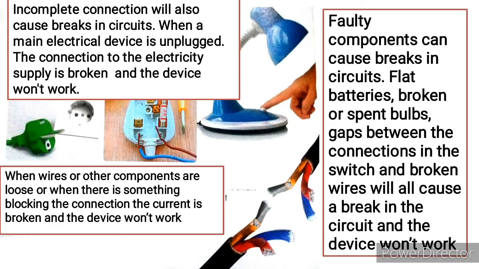Flat batteries, broken or spent bulb, okay, gaps between the connection in the switch, and then broken wires, that is, you did not connect the wires well in the switch, okay. All this will make your circuit not work. So if you know your circuit has not worked, after this class, go back and check all these faults and put it in order, okay, and give yourself the credit for being a good electrical engineer. All right,